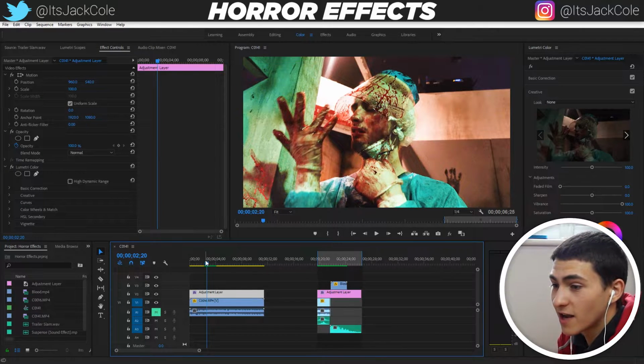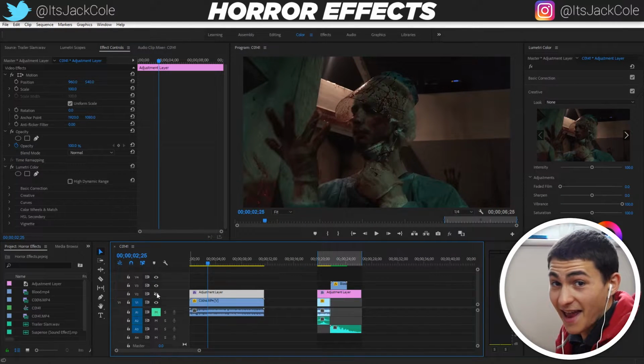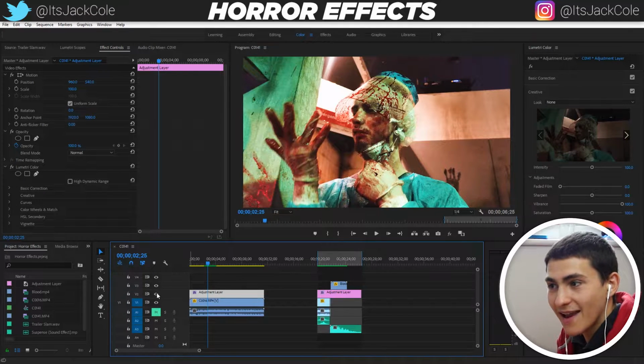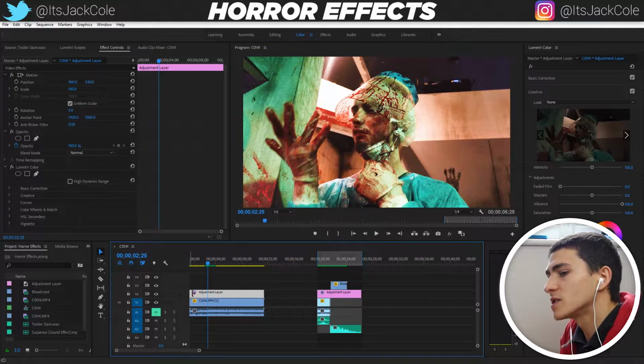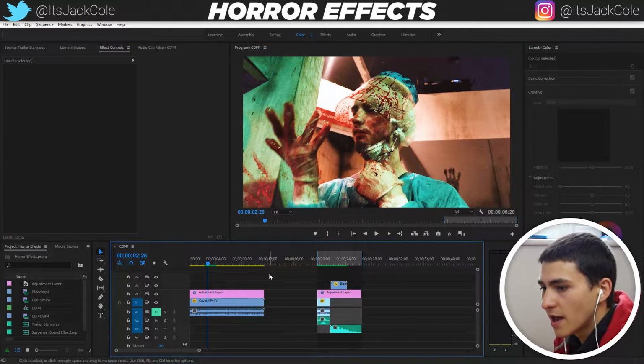Like look at the scene right here, just from a simple color grade like that. We got the blood popping, we've got everything popping off, but if I turn off this adjustment layer, it's that. That doesn't really look that impressive. That looks like a horror piece, and it looks much more convincing that it belongs in an actual, full feature horror movie or whatever. Boom.